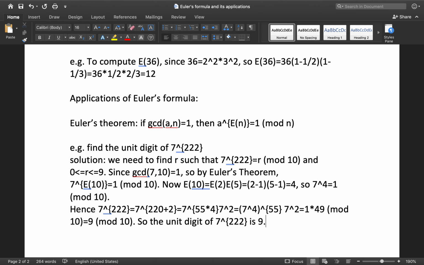So you see, this is a very useful application of Euler's formula, or you can say Euler function, whatever, because this is a way for us to get a number which makes the power equal to 1 after you take the congruence. So there's a special case, in fact,